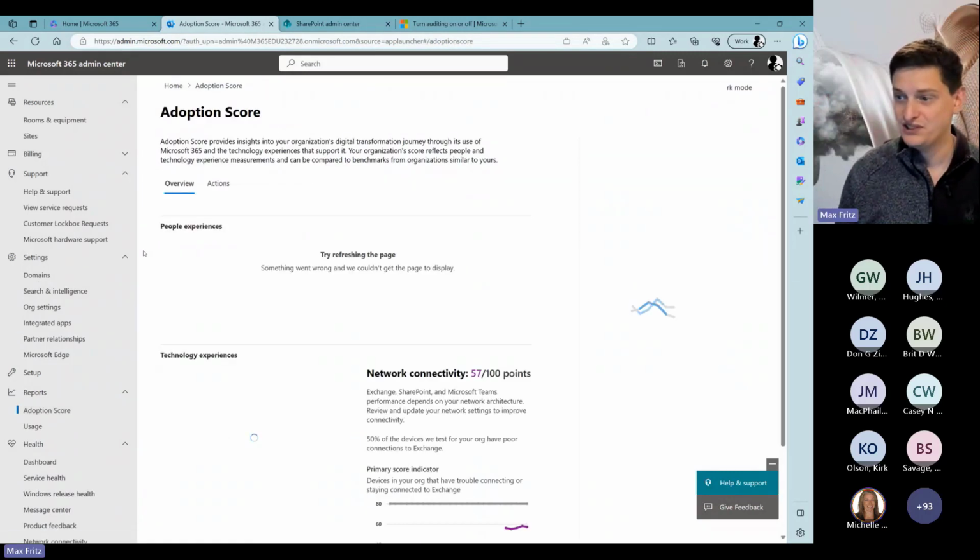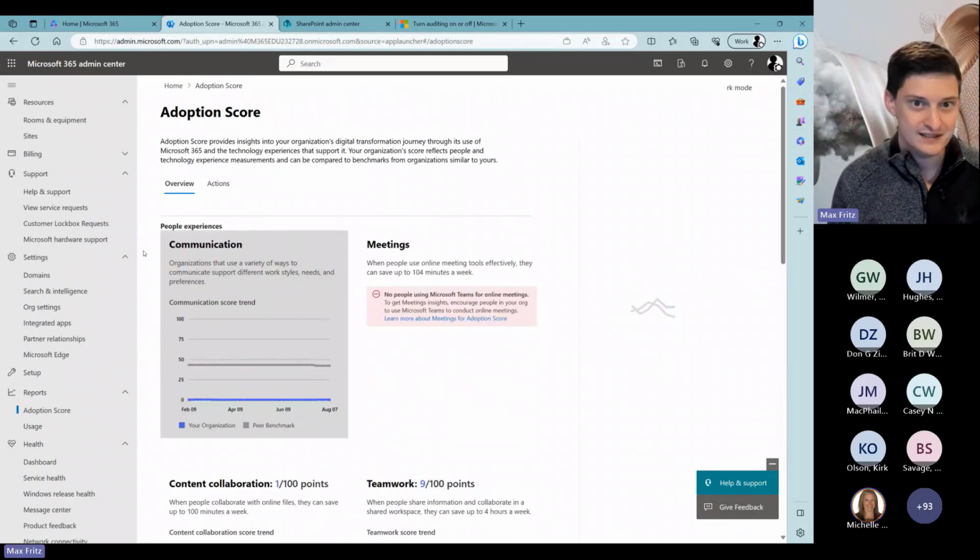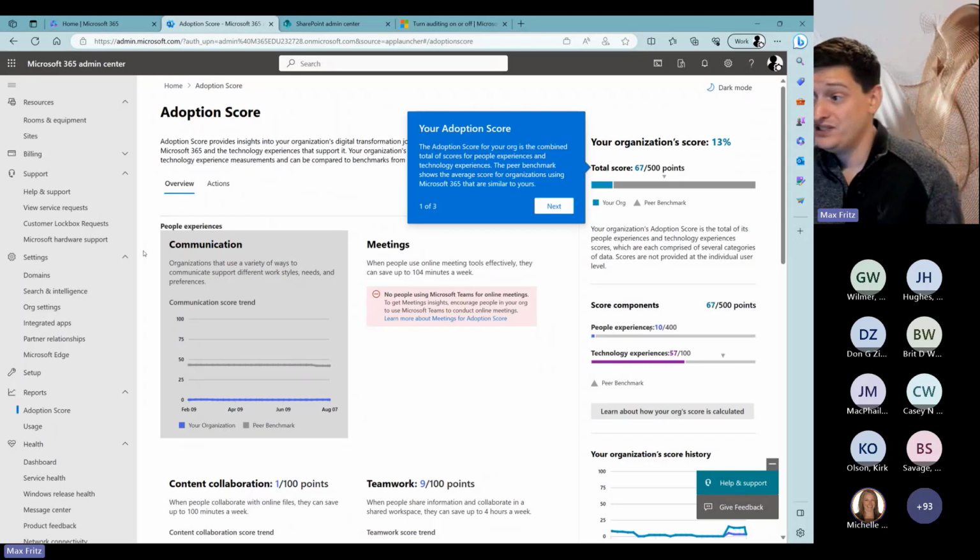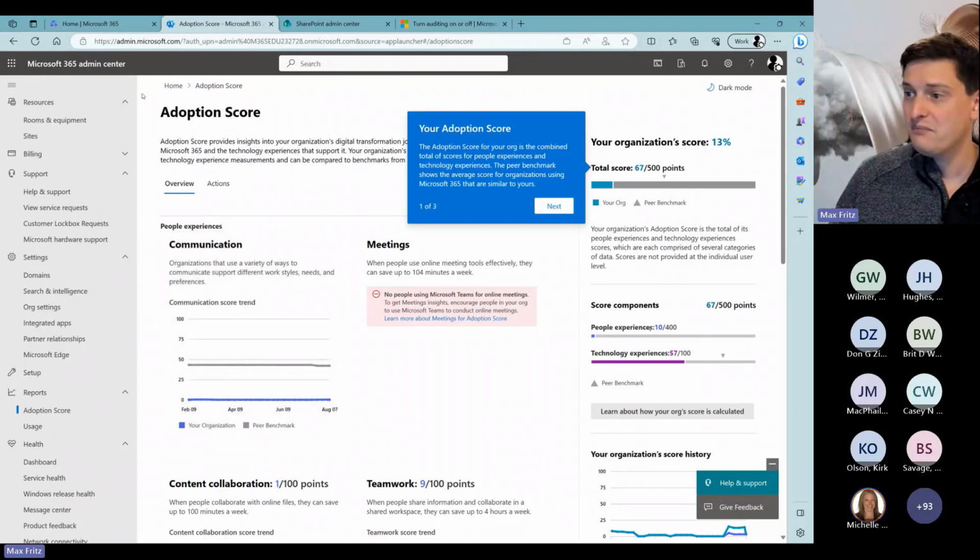Who here has looked at their adoption score before? And don't lie. Just give me a thumbs up if you have. I'm expecting a lot less thumbs up. That's okay. This is something you can go do to take a look at your adoption of the Microsoft services